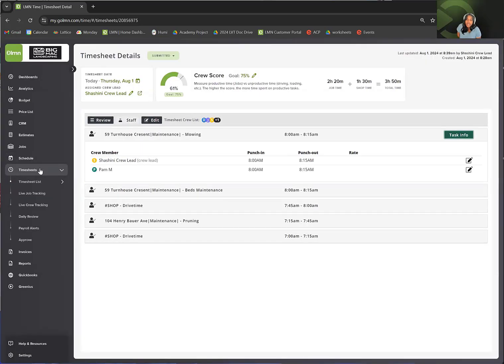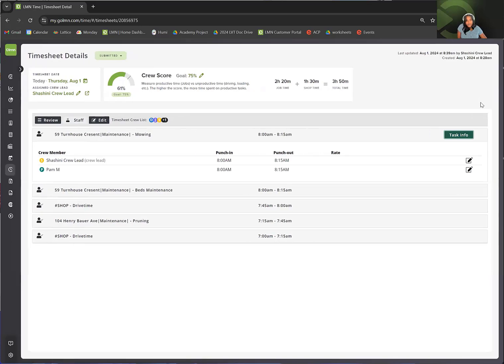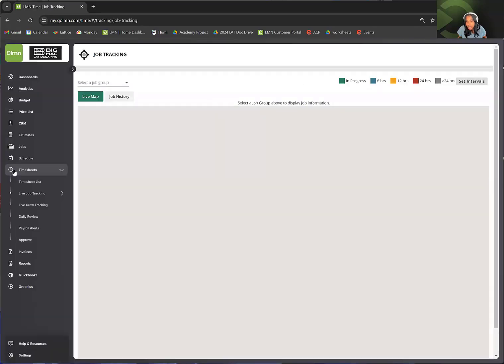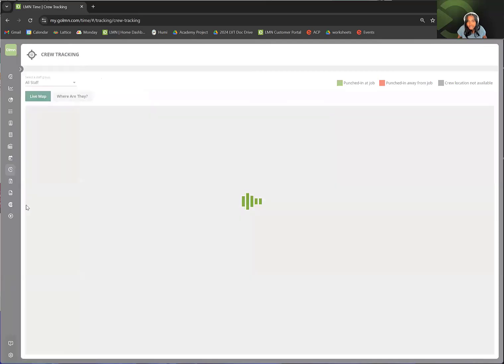All right, so that's the timesheet from the office side. I did want to show you a few other things before we end off. One of the things I wanted to show you guys was the tracking, but I realize now I've clocked out. So if I go into timesheets, sorry, not live job tracking, if I go to live crew tracking,